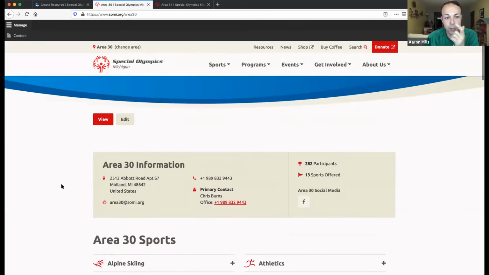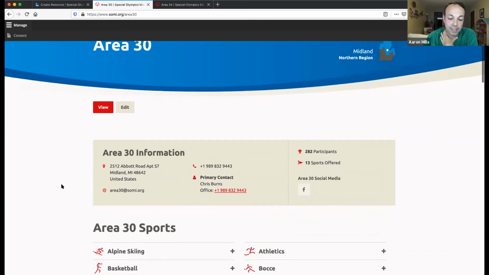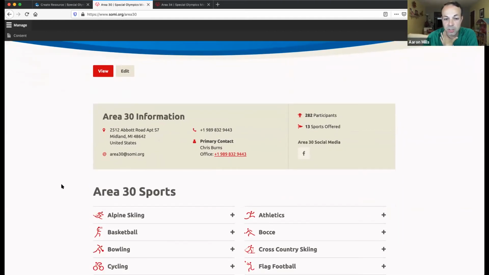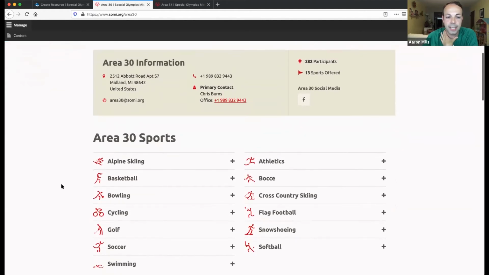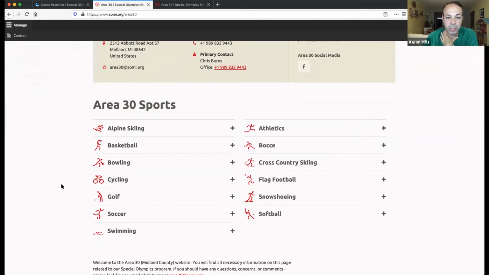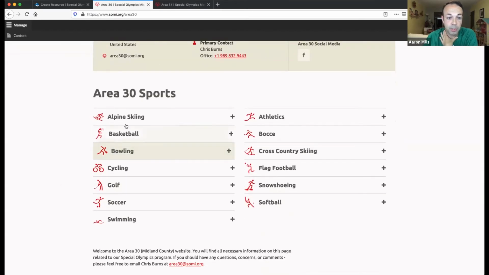So I do want to show you some good examples of some ways that some areas have some information displaying on their web pages in case you have any desire to make any similar adjustments of your own. Now, at one point, Area 30 contacted me, and they told me that they would like to include some coach information and some practice information about some of their specific sports. And so one of the easy ways that we are able to do that is by adding this information to